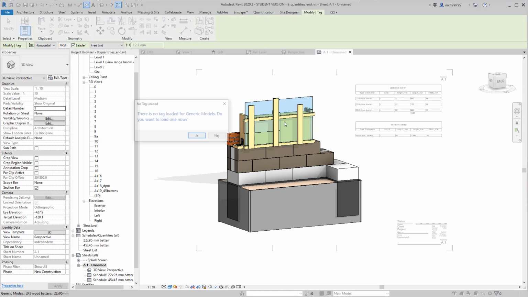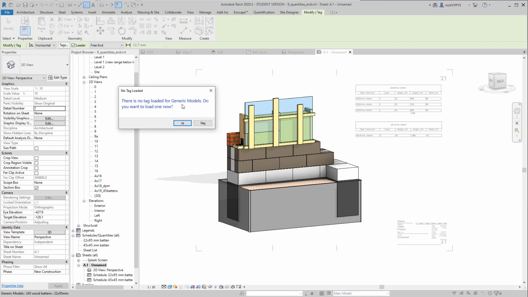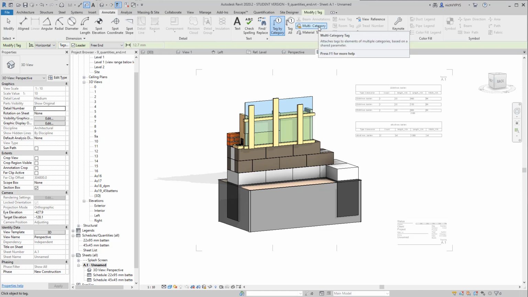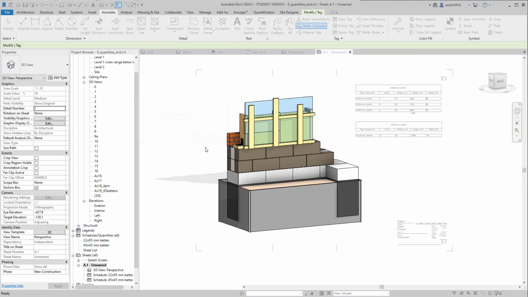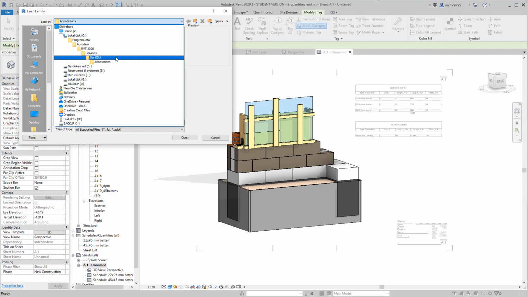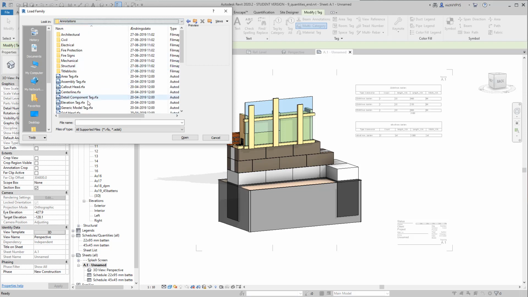So if I say tag by category, it will look for a generic model tag. There is none in this project right now. So I could load one, but what I will recommend, use this multi-category tag. Again, there's none loaded, so I'll load one. Note that this multi-category tag that I will load now will come from the Dan.edu content, but I will use this